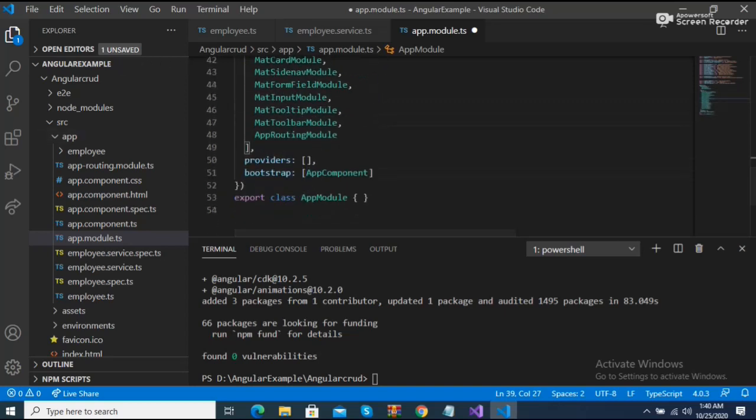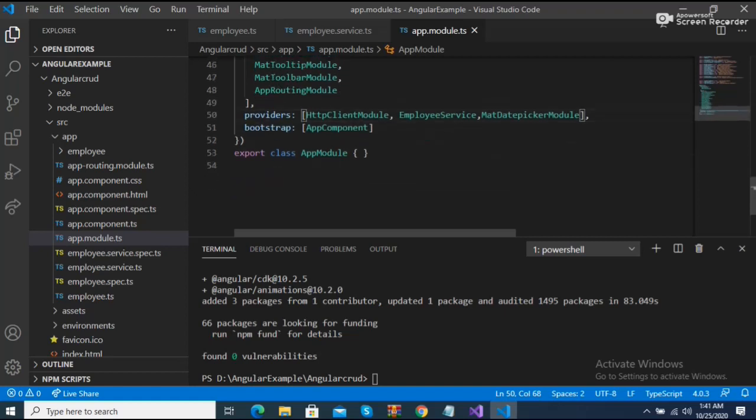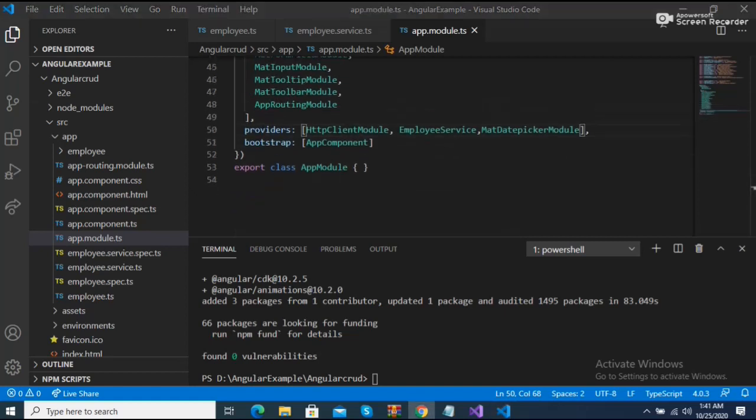After that, for providers, we have the HttpClientModule, the employee service, and the MatDatepickerModule. I add the providers like this. Then we add AppComponent to the bootstrap, and the exports should be empty.